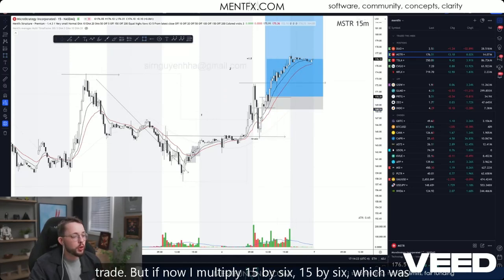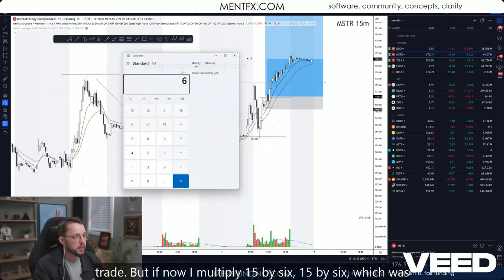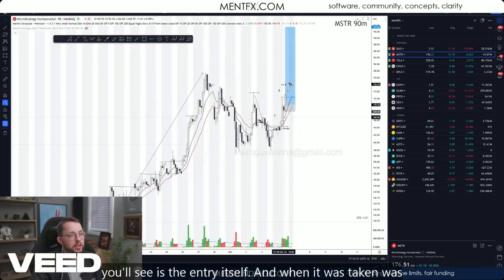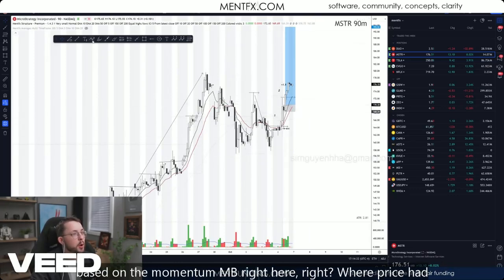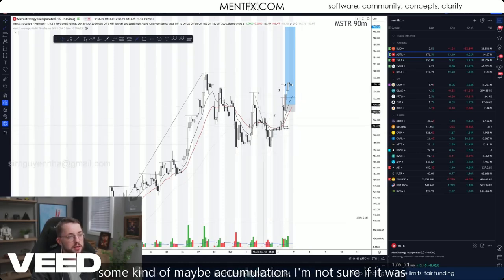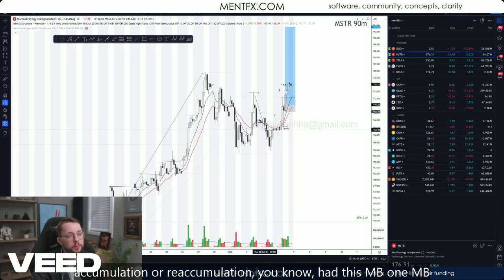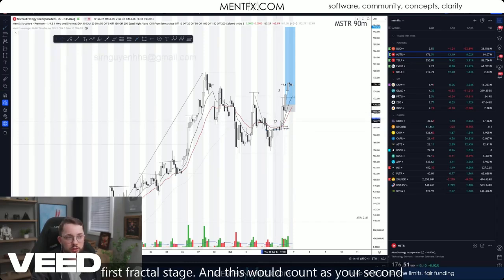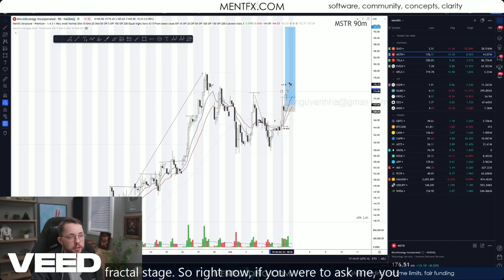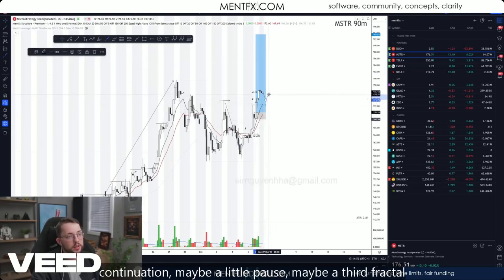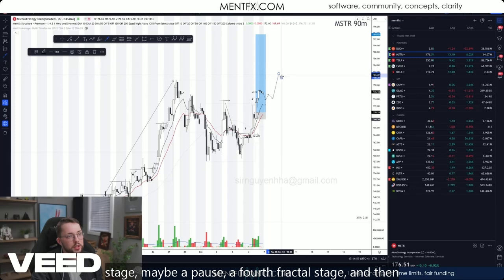But if now I multiply 15 by 6, which was around 90 minutes, and go to a 90-minute chart, what you'll see is the entry itself was based on the momentum MB right here, where price had gone through some kind of flush, accumulation, started making maybe accumulation or reaccumulation, had this MB1, MB2, accumulation-based MBs, and maybe that can count as your first fractal stage. And this would count as your second fractal stage. So right now, if you were to ask me what I expect out of this, I expect either continuation, maybe a little pause, maybe a third fractal stage, maybe a pause, a fourth fractal stage,